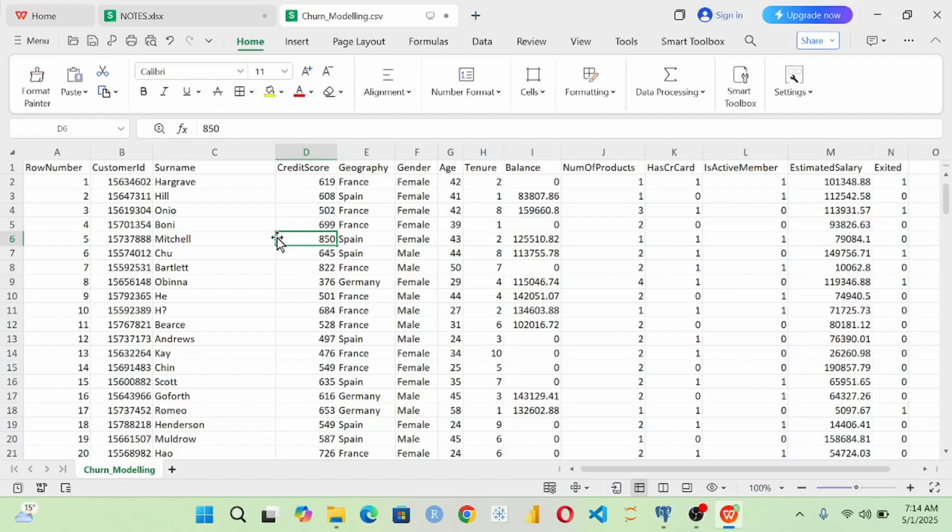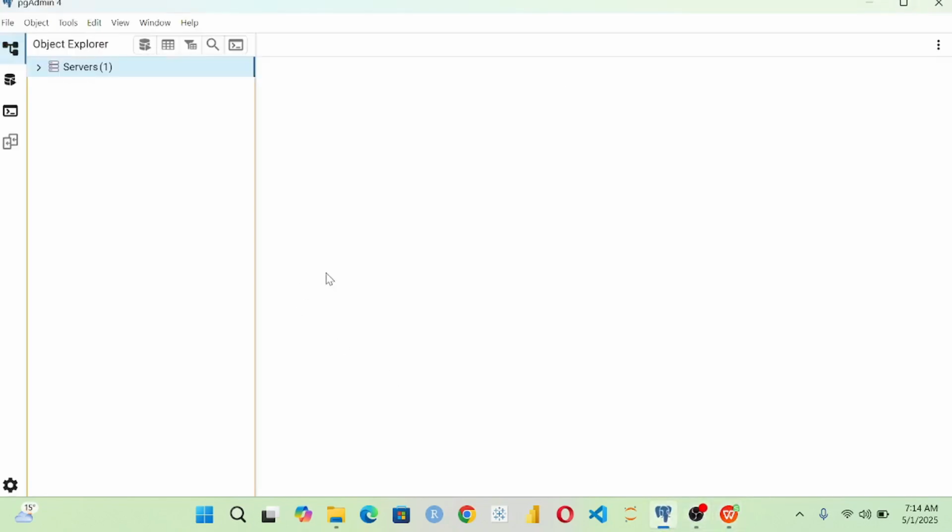What we are going to do is import this data into pgAdmin, which is the SQL tool, and then proceed to the next step. I'll move directly to pgAdmin, which is PostgreSQL pgAdmin. This is the first thing that I see when I open my pgAdmin. I have a video on how to import pgAdmin, and also another video that I created on how to really